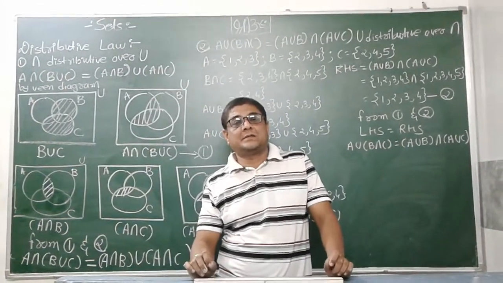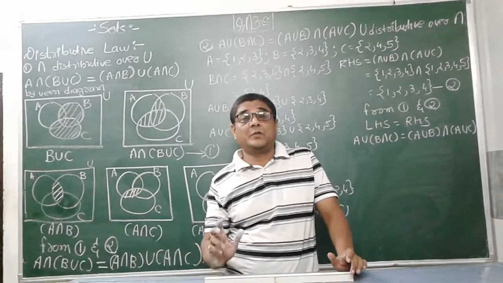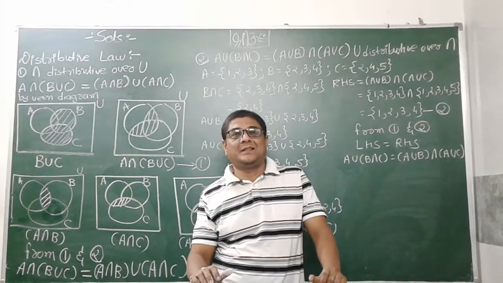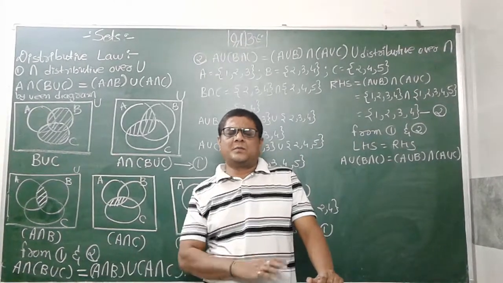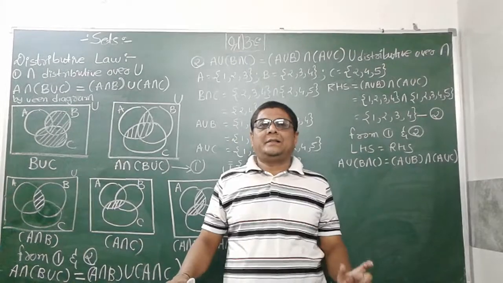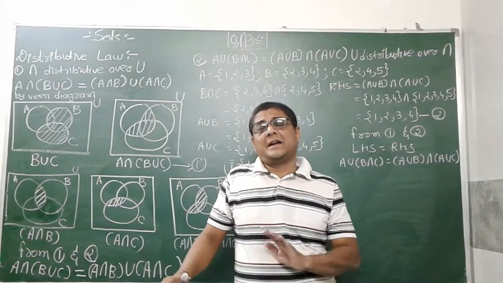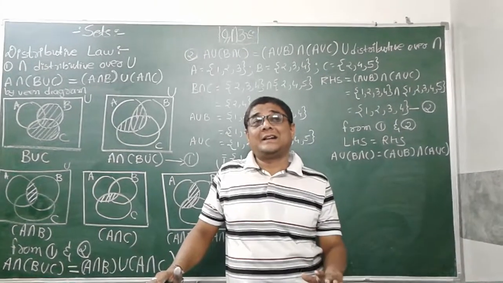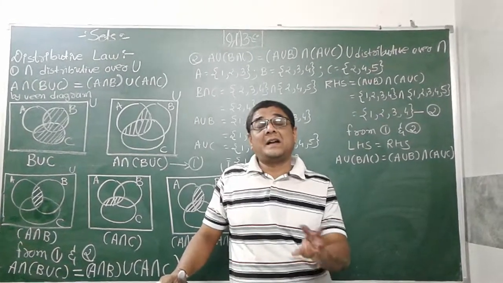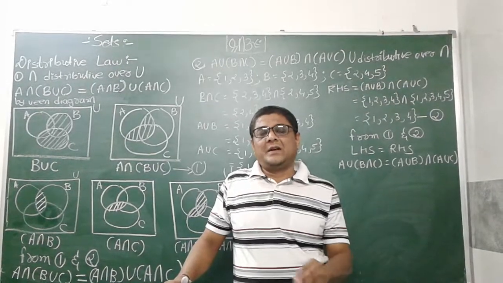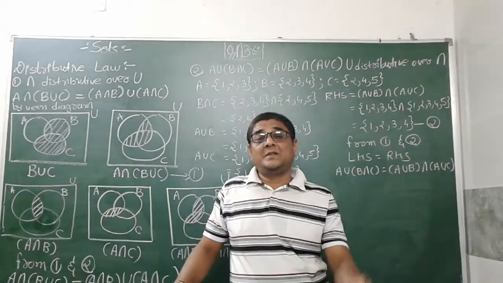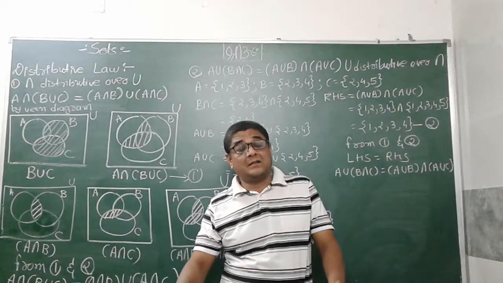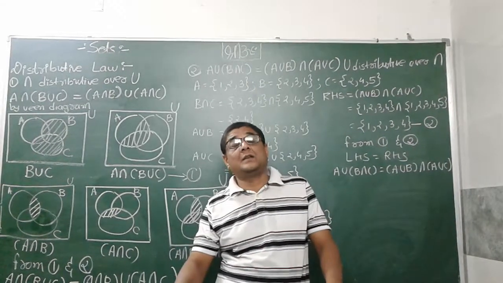In sets, that is standard 11, we are going to use the application of union and intersection by distributive property. That distributive property we learn in two ways. First, with the help of a Venn diagram. A Venn diagram is a representation of sets diagrammatically, means by diagram. In a Venn diagram, the rectangle is known as the universal set, and inside the rectangle, small circles are known as sets.